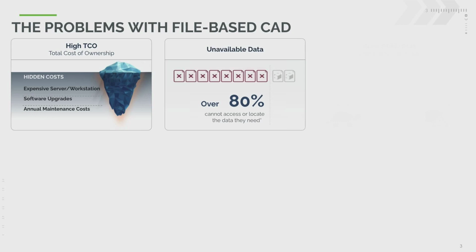Also, when it comes to actually finding data, we recently ran a survey, the state of product development and hardware design for 2021, and 80% of those respondents complained that it was difficult to either access or locate the design data that they need. They get it there eventually, but not in a timely fashion. It was taking a long time for those engineers to find the data they need. Now, PDM fixes this issue, but it again leads to a higher total cost of ownership